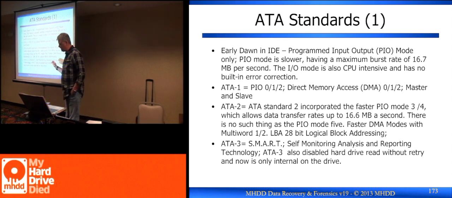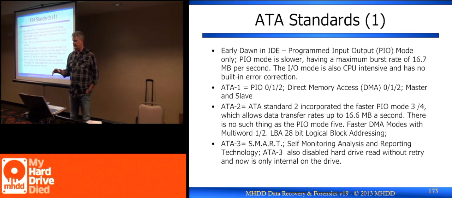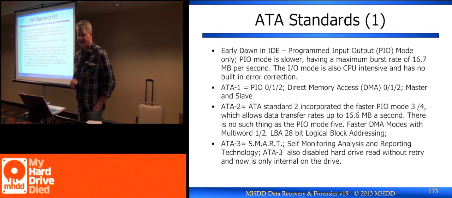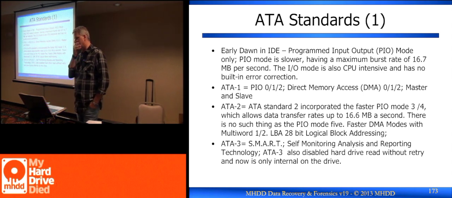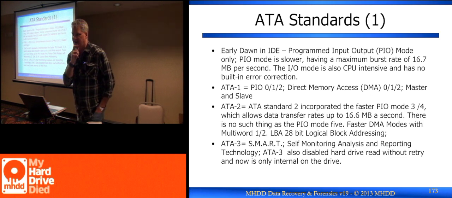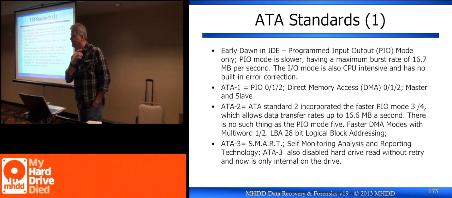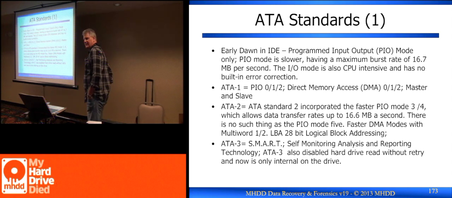Anybody remember what size drives we had at the end of, say, 1999? Anybody remember how big they were? What was the biggest drive you could buy? 256 meg? No, it was bigger than that. How much? Did we just hit the gig around that time? No, we were still a little bigger than that.